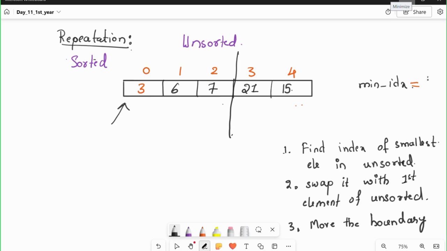Then find the index of the smallest element, which is 4. Swap it with the first element of the unsorted array. Then after swapping,